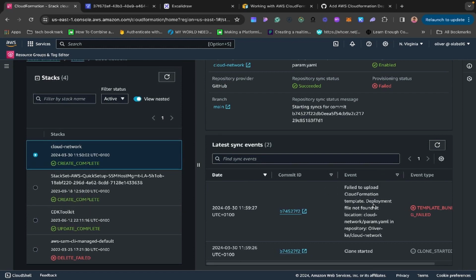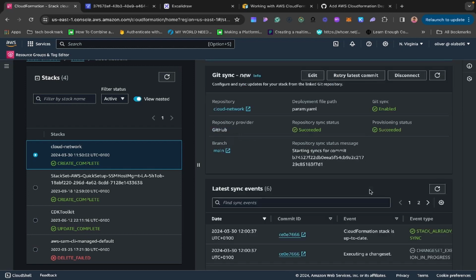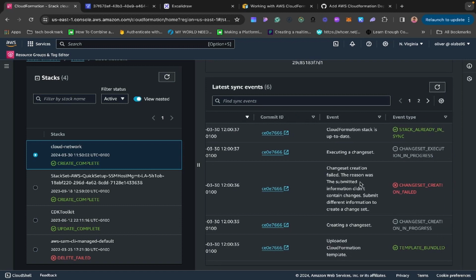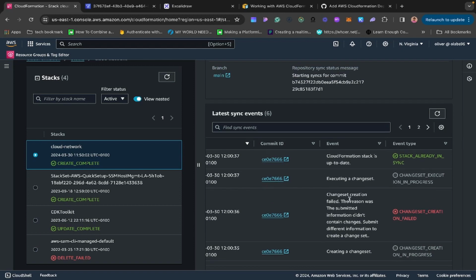Okay. So we just merged it. So we'll scroll down and you see that everything worked as expected. You would see that first of all, initially the change set was created. First of all, we had the uploaded CloudFormation template. Template was bundled. The change set was created, and then